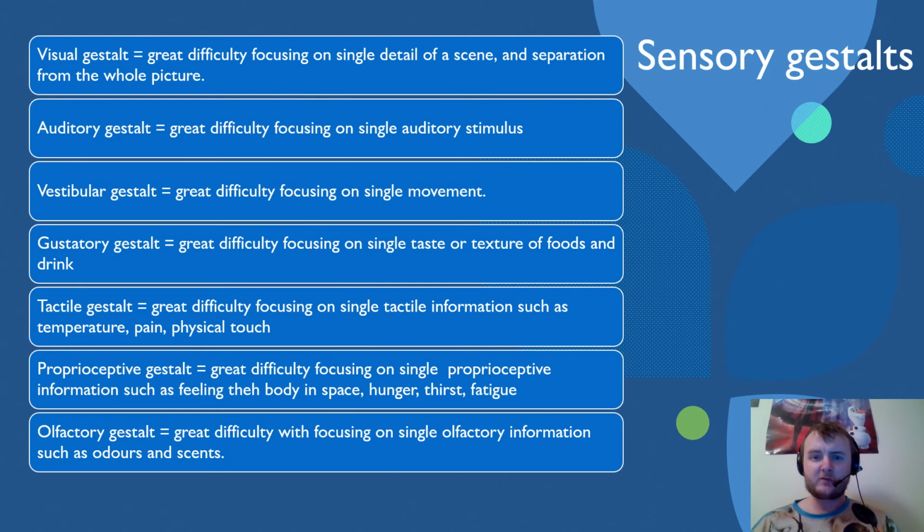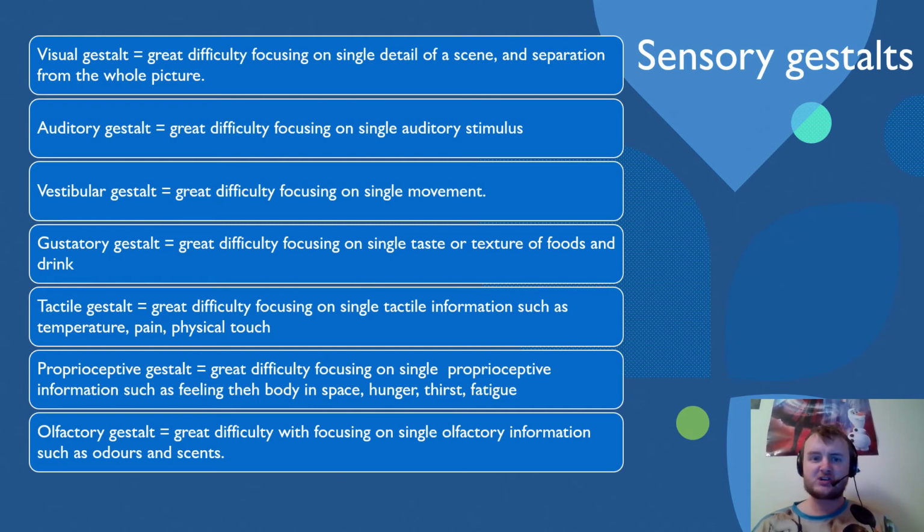A person with auditory gestalt often has a lot of difficulty focusing on a single piece of auditory information. This is because they often hear things at exactly the same volume, which can make things like conversations very difficult if more than one person is speaking. Or perhaps you're in a social setting where different groups of people in the room are having different conversations, but you can hear them all at roughly the same volume. And doors closing, taps dripping, and other background noises are also heard at the same level as well.